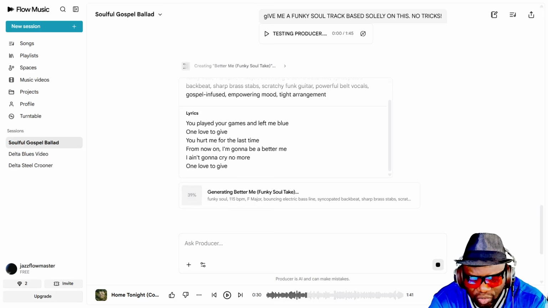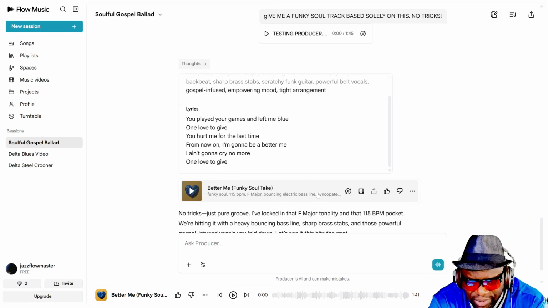I think what I'm seeing from Producer AI or Google Flow Music is